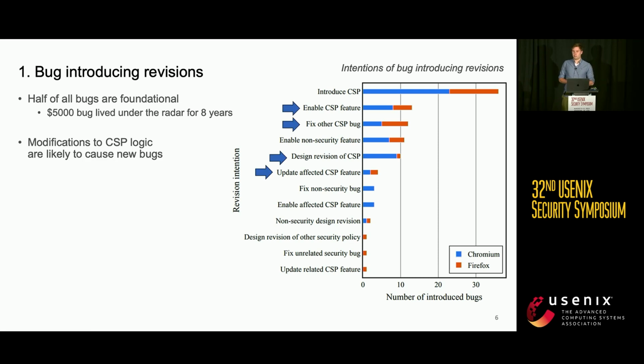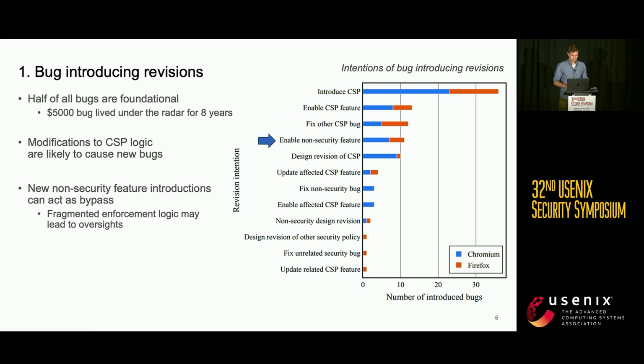Next in line is the revisions that modified CSP core logic. These are also likely to cause new bugs. I'm talking about, for example, enabling a new CSP feature or even fixing another CSP bug that introduced a next one. Then lastly,